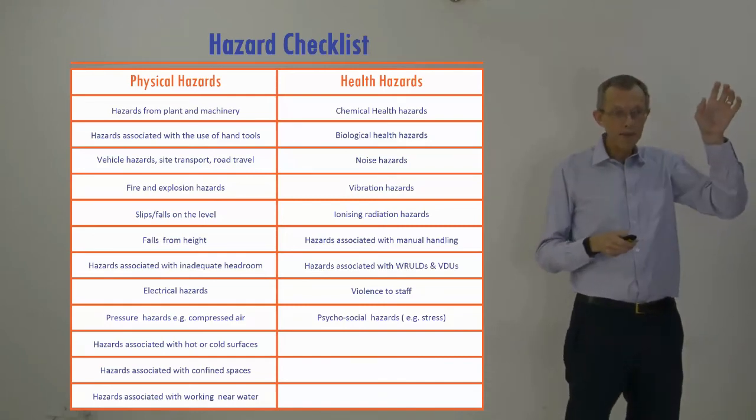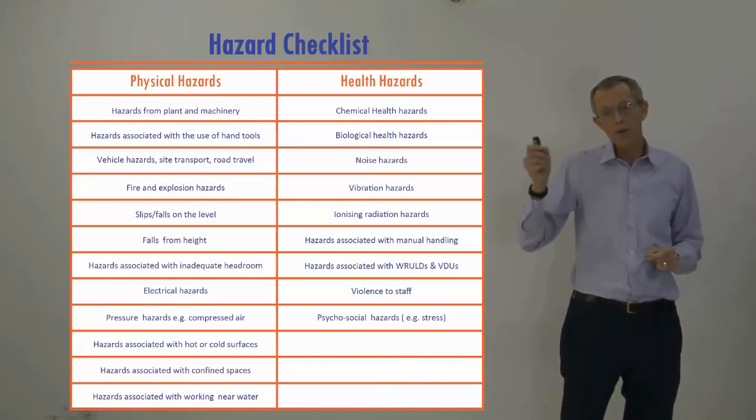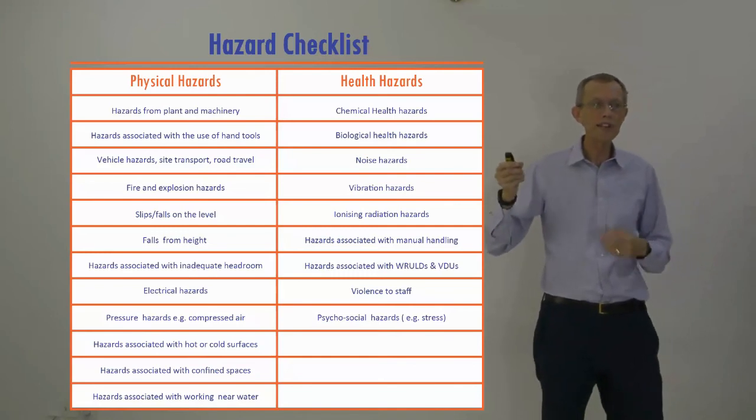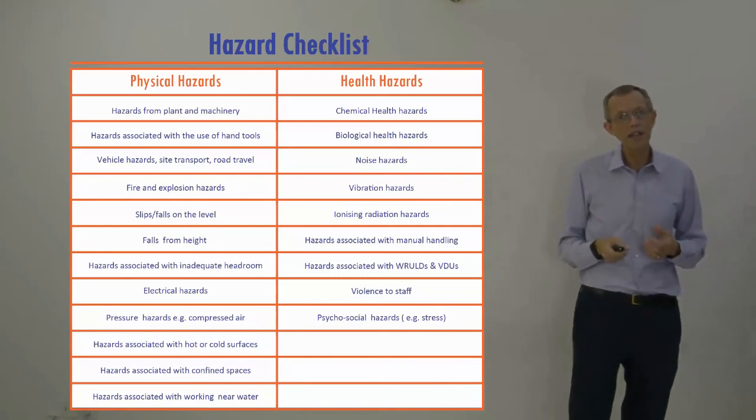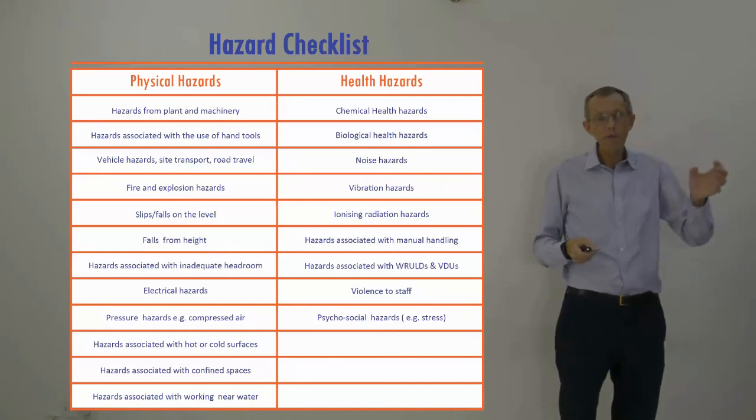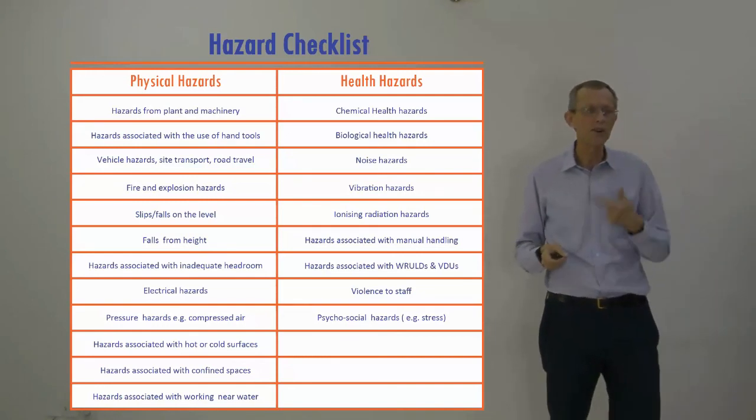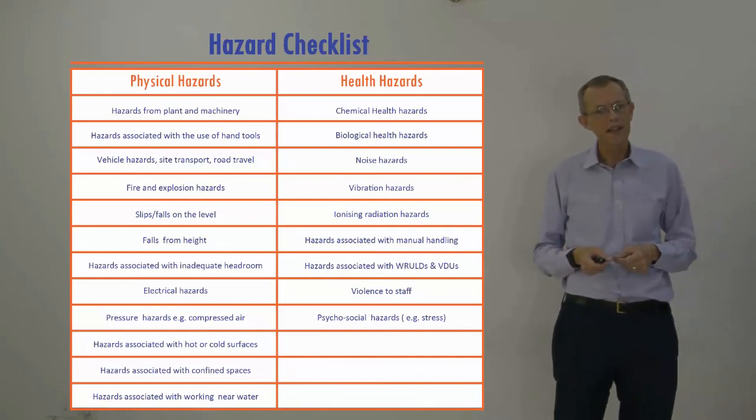The checklist might be physical things like I've described, or it might be for chemicals or things that are bad for my health. So my checklist might say, don't go around the back of the car when the engine's on, because you're going to breathe the exhaust smoke that's coming out of the back of the car. So hazards,